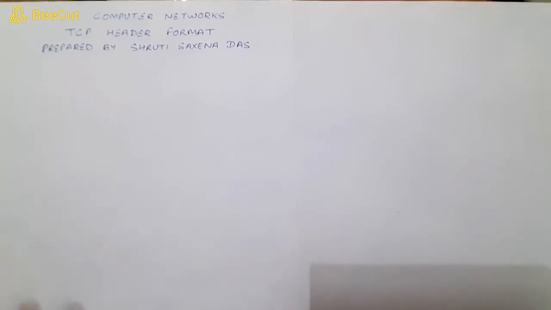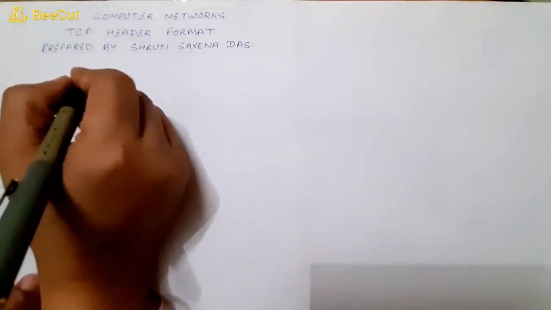TCP is a reliable protocol as it establishes a connection before sending any data, and everything it sends is acknowledged by the receiver. So the connection is established and then data is transferred. Once the data is transferred, then the connection is terminated. So everything is done by rule. So here we are going to discuss the TCP header.